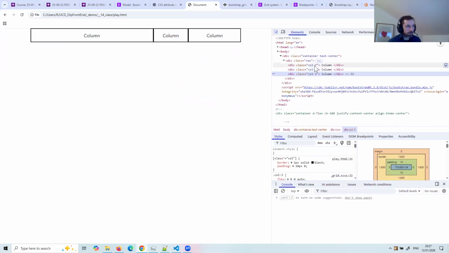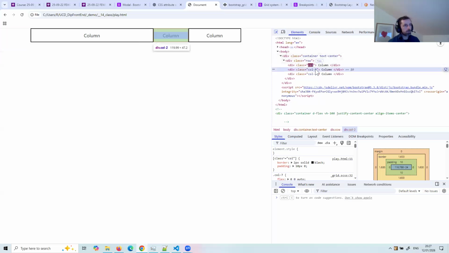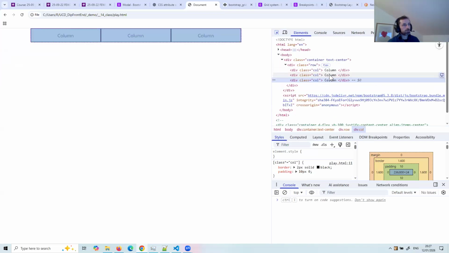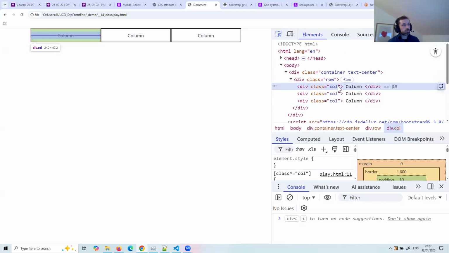Now, if you say col-sm, so col and dash, now if you just do col, right? Col, col, and col, it'll equally distribute the space. So you know, they're equally distributed. Let me zoom in here for correction so we can see this better. But if I go col